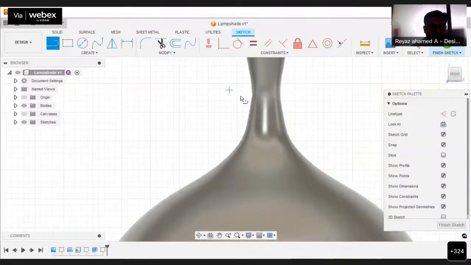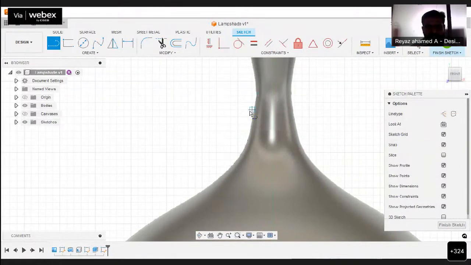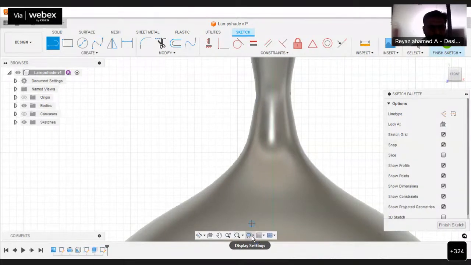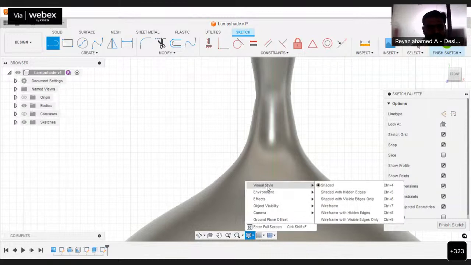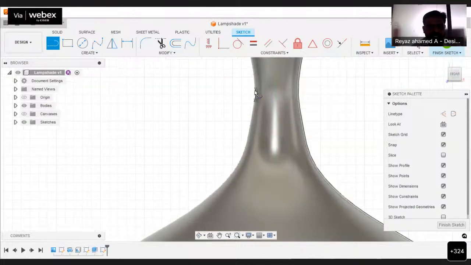I have to make visible the hole that we had created. So for that, let us change the display settings. Go to the display settings, go to the visual style, and then choose visible with hidden edges. See, now you can see the hole where it has been created.